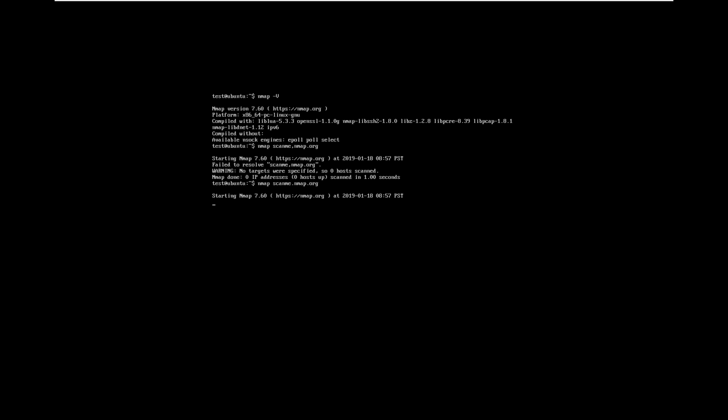I can also perform scans by IP. So if I don't know the DNS name and I know the IP, I can also put that in as well in order to get results for it. And if I don't know the IP, but I do know the DNS name, I can also get results that way as well in my Nmap simply by running what is known as